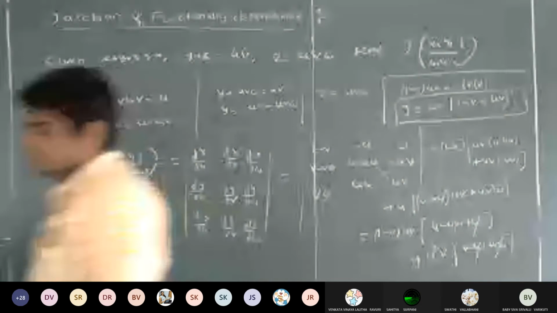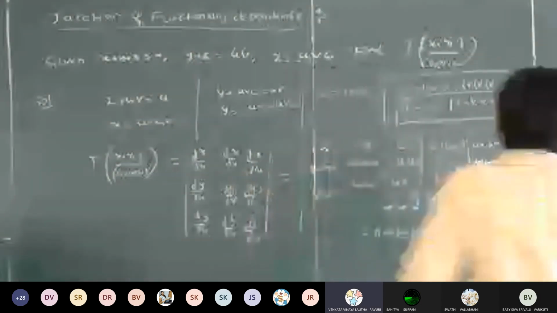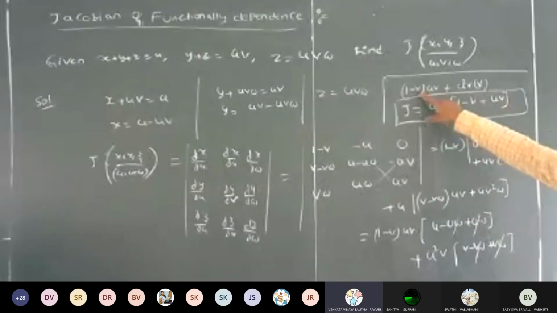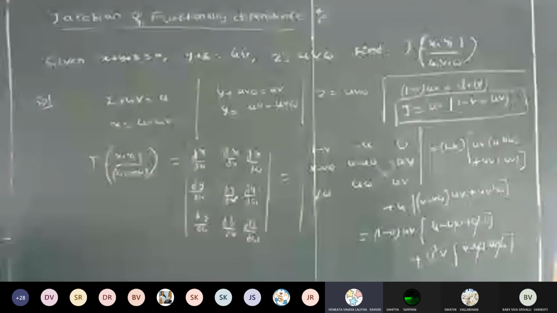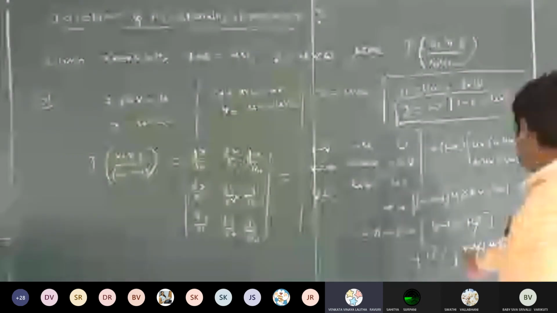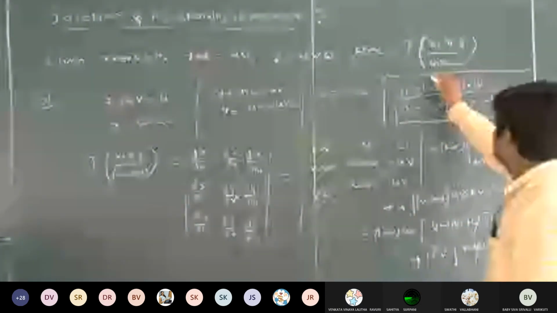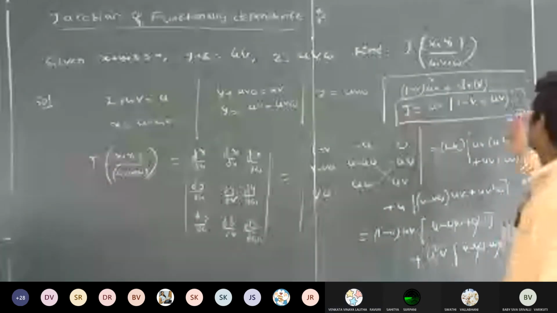So is it correct, ma? Yes? Sir, 1 minus v into u square v, sir. Yeah, here u square v square, I am taking uv as common. This is 1 minus v plus uv. Not that, sir. You left u, sir. In the first term, you left u, sir. Yeah, okay. Yes, so this is u square v. Yes, ma? Yes, sir. Right. Very good. Thank you.